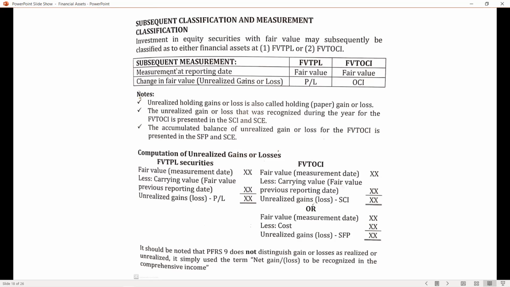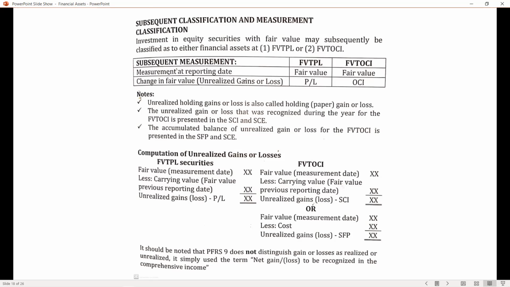Di ba? So, remember that FVTPL is held for trading, FVOCI is held for or available for sale. So, malamang ibebenta mo talaga yung equity security na yun under PFRS 9. Yung purpose mo dapat is to gain dividend and trading. Ibebenta mo siya. So, marirealize mo lang tong gain or loss na to pag nabenta na yung financial asset. So, notes, unrealized holding gains or loss is also called holding paper gain or loss. The unrealized gain or loss that was recognized during the year for the FVOCI is presented in the,